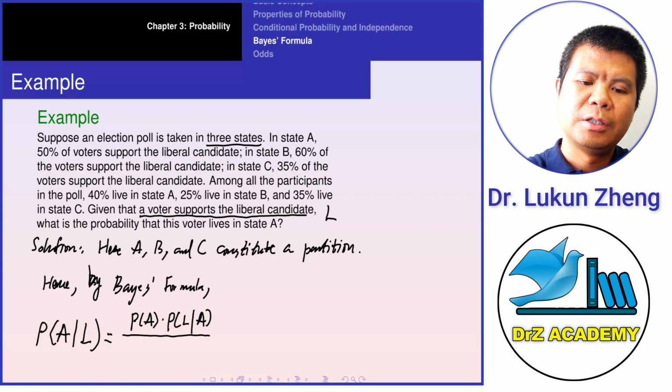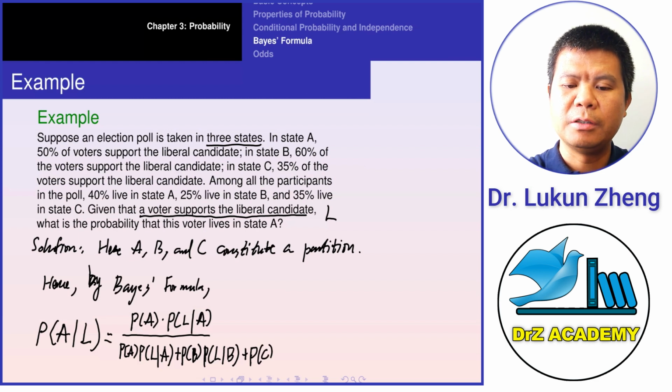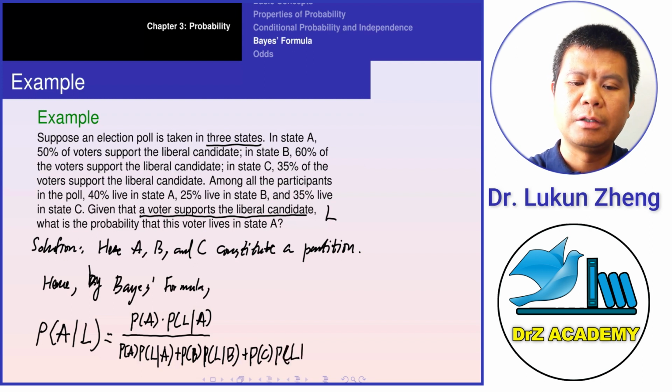So P of L is P of A times P of L given A, plus P of B times P of L given B, plus P of C times P of L given C. All right, so this one equals